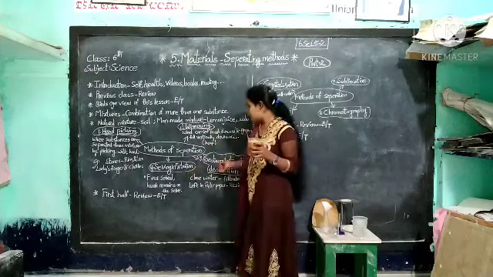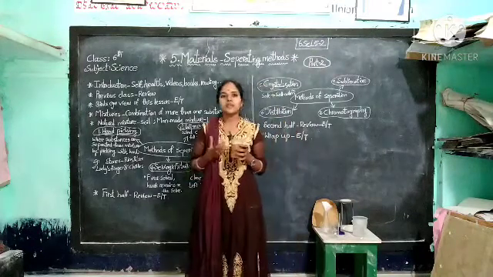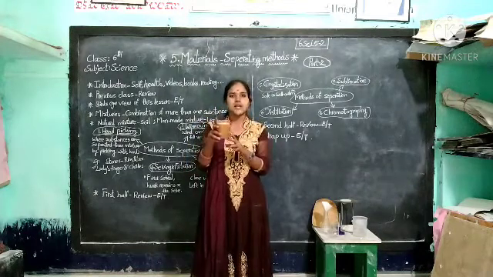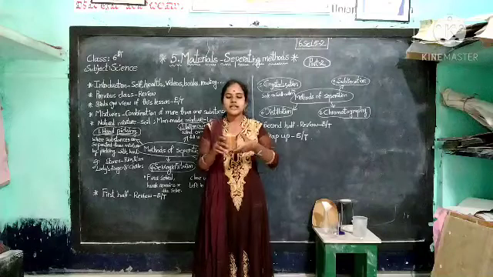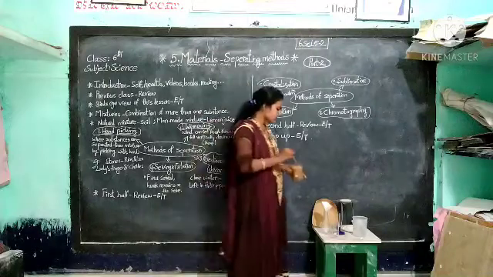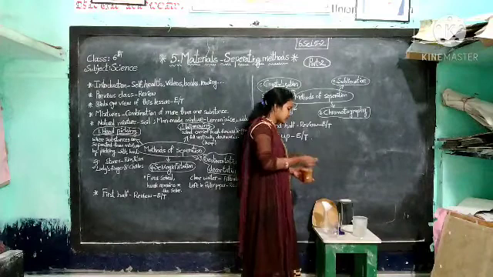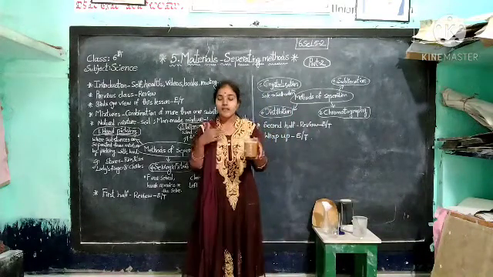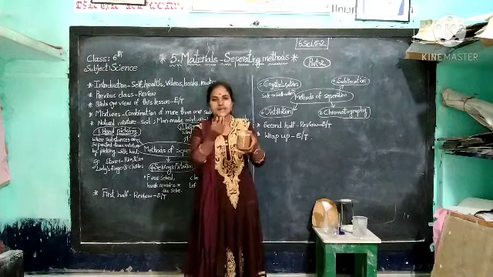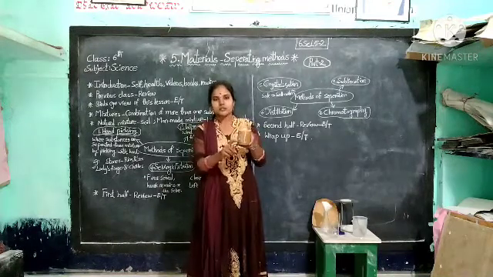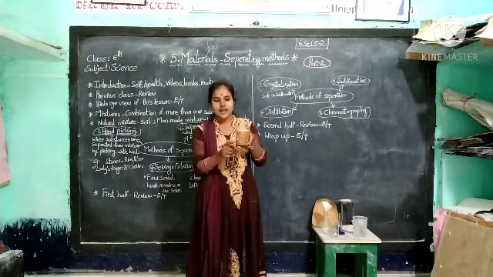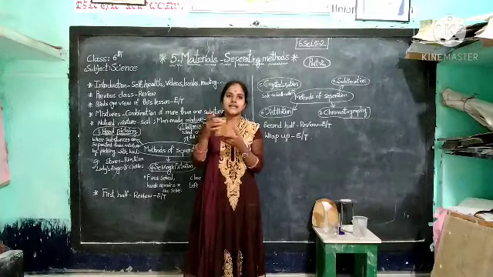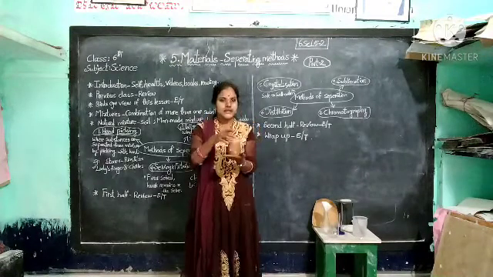By the method of sedimentation we get purified water. How? First of all we take the mud in the glass. The mud is mixed with the water. Leave it for 2 or 3 minutes. What do you observe? Yes, the mud particles are settled down, and the water becomes clear at the top of the glass.